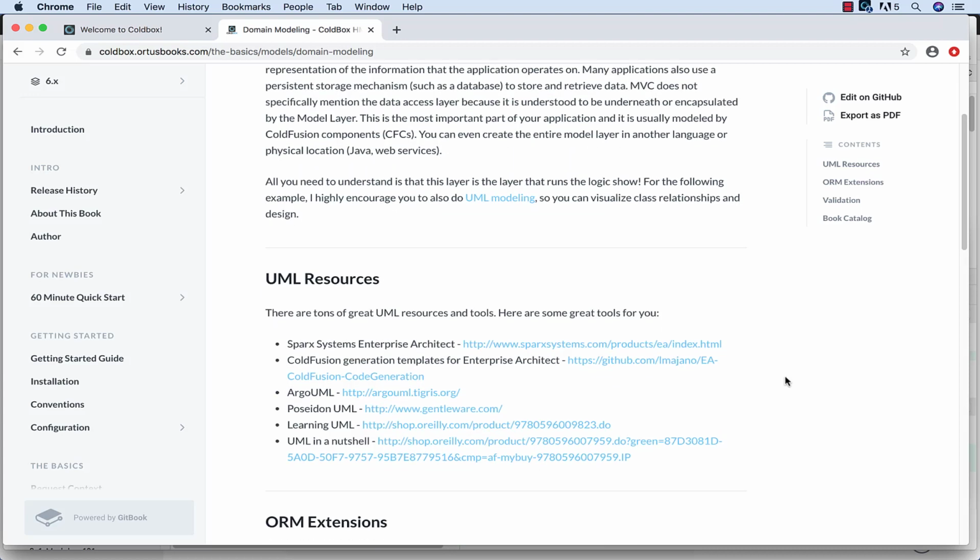Here on the screen are several UML resources available for you. Spark System is an enterprise level application for doing UML modeling. They have several different options available within that suite of products. There are free options, pay options, subscription options. You can find something for whatever feature set and price point you're looking for, not just from these links here on the screen, but using whatever your favorite search engine is. I'm sure you can find lots of other UML tools. Just pick the one that is most comfortable for you, and please start with that before building a giant application